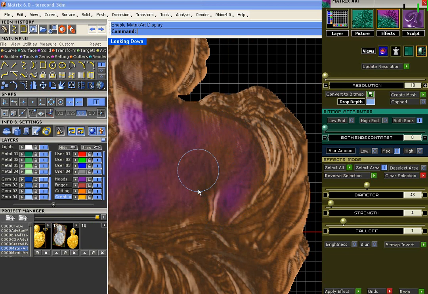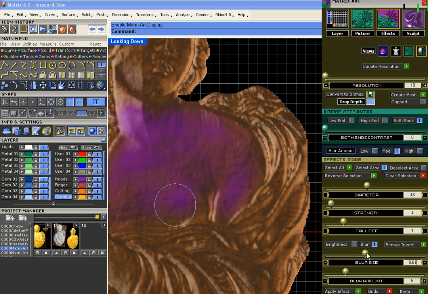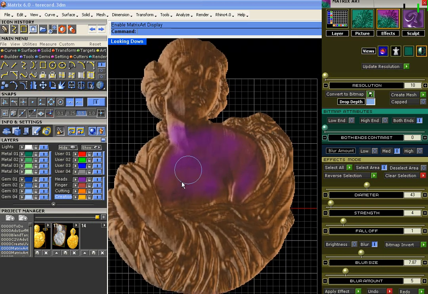Okay, and as you click and drag, you don't see any change happening yet, but when you go to the blur button here, you can raise how blurry you want this to be. So if we lower it, we get much the same noise we had before, but as we raise the blur size, we can kind of quiet down all that chatter that we had in the original bitmap